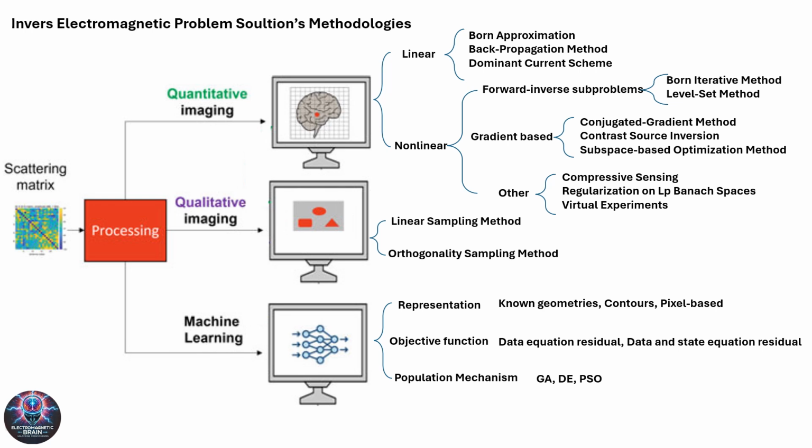First, let's explore quantitative imaging. This method focuses on generating precise, measurable information about the internal properties of an object. Quantitative imaging often deals with the reconstruction of physical parameters such as permittivity, conductivity, or dielectric constants of the materials inside the object. The scattering matrix, once processed, gives us detailed images that allow for accurate identification of the material's